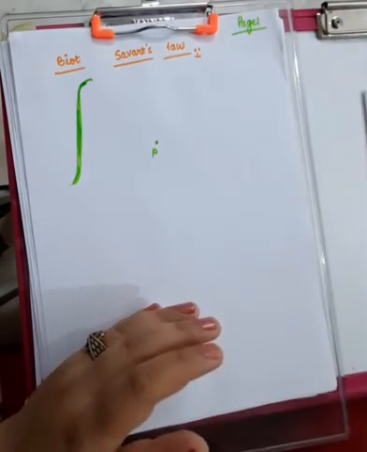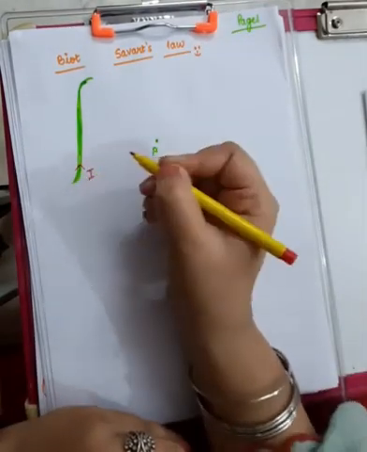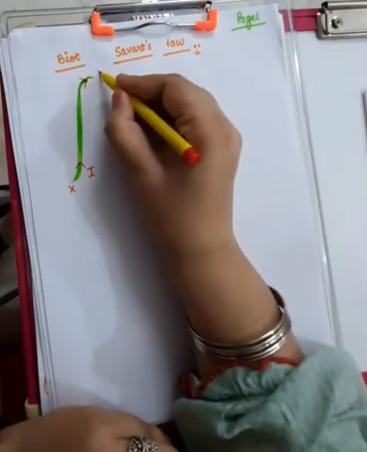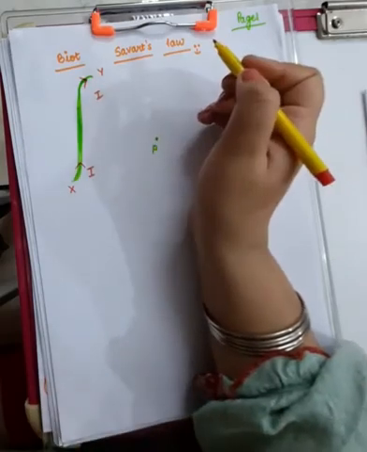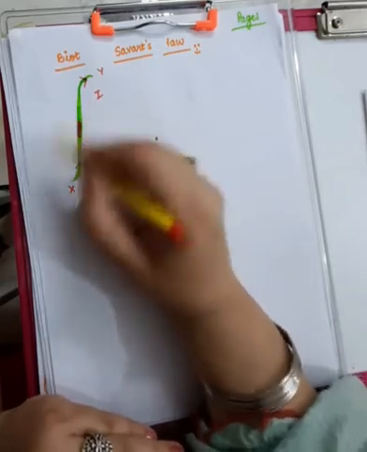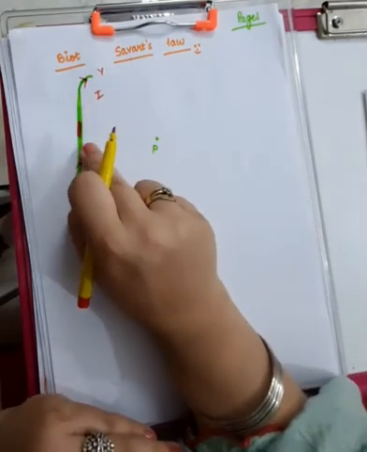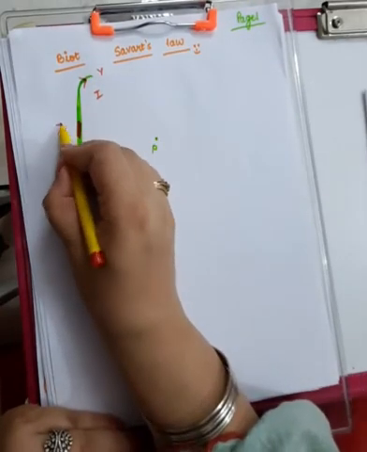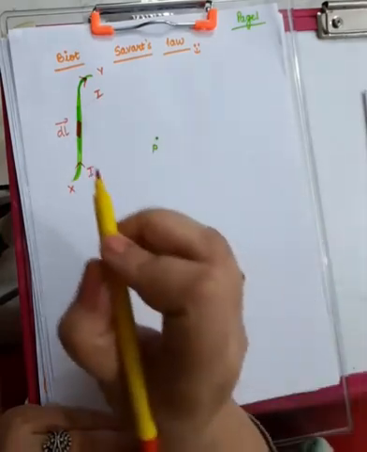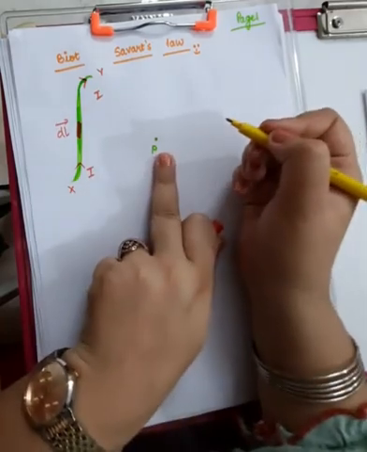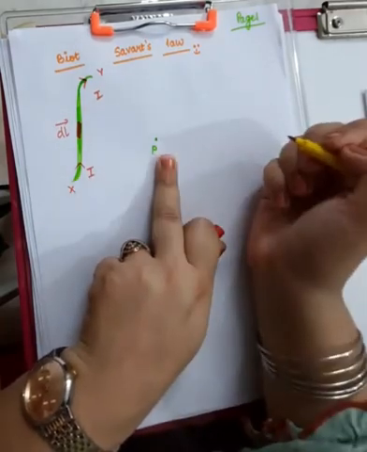Let us see how. Suppose there is some wire which is carrying the current I, such that the current is entering from this end and leaving from this end, right? And you consider only a small current element, not the entire one, okay? So you consider a small current element having length dl vector, and due to the current flowing in this element, you want to find out the magnetic field at the point P.